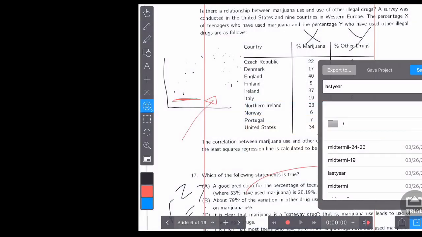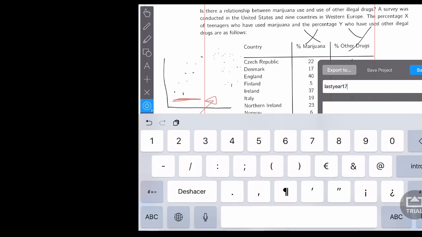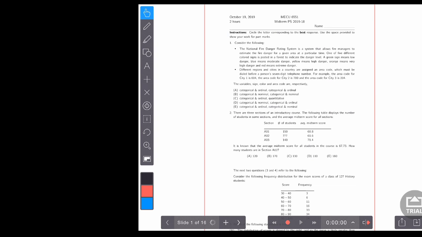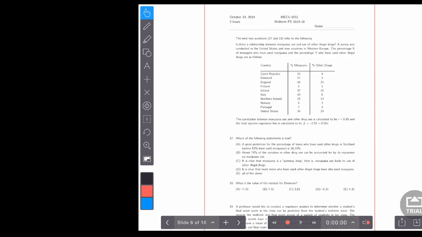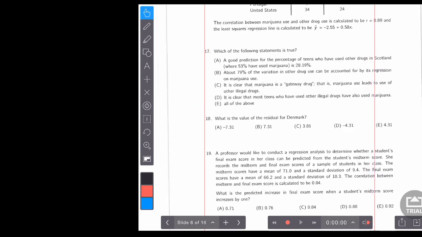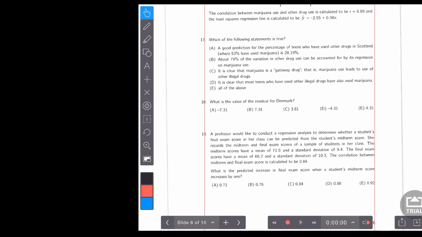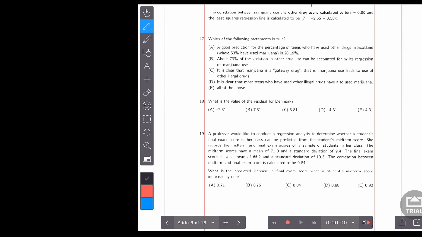So I'll just save that as question 17. Let's look at 18. So let's look at 18. What does 18 say? What is the value of the residual? You guys can do this. The value of the residual for Denmark. So using the equation, remembering what a residual is. Residual is the observed for Denmark minus